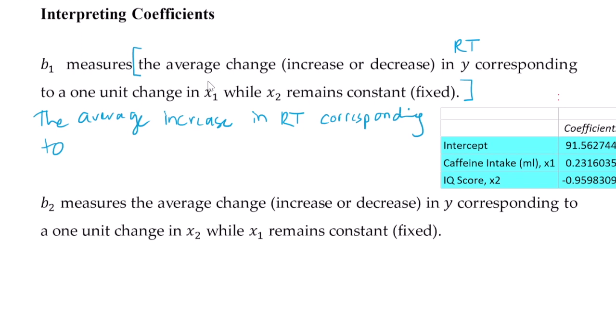So X1 was the caffeine intake in milliliter, and X2 is the IQ score. So the average increase in reaction time corresponding to a 1 unit change in X1, that would be 1 milliliter change in X1, which is caffeine intake,